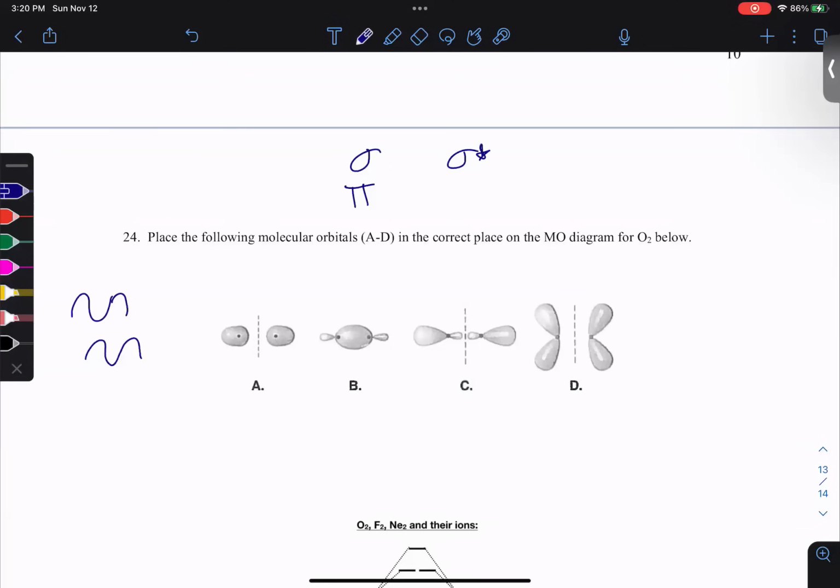Same thing with pi. When p orbitals come together to make pi interactions, they can do so constructively to make a pi bonding orbital, but we can also have a pi star, which is destructive. So these antibonds